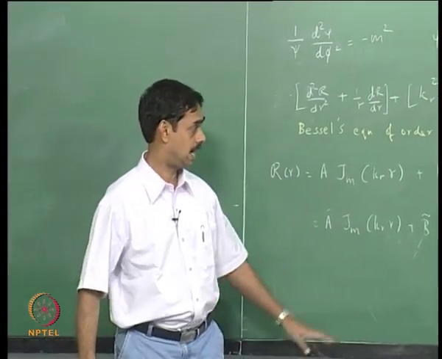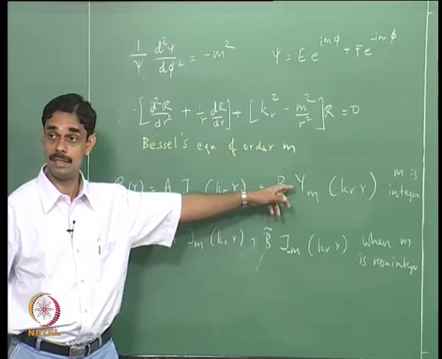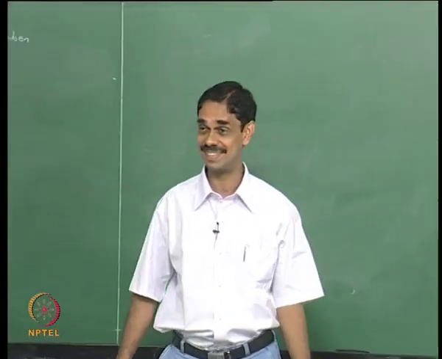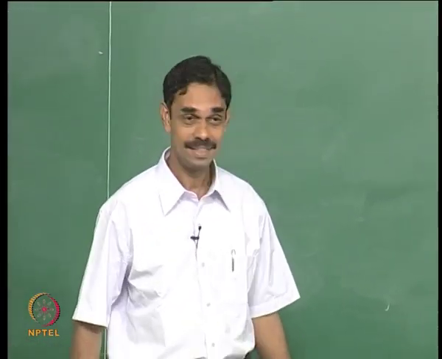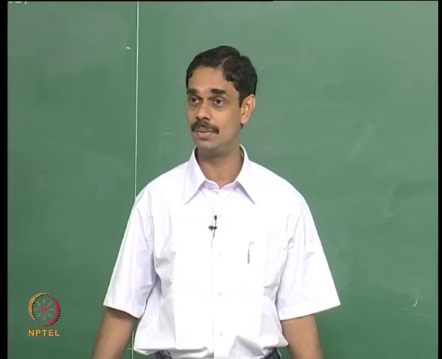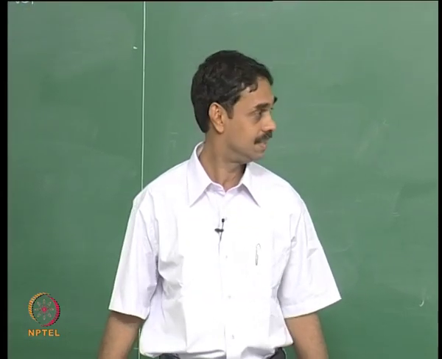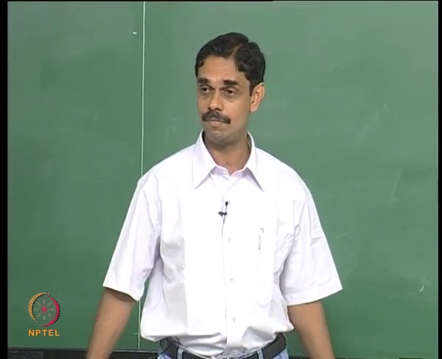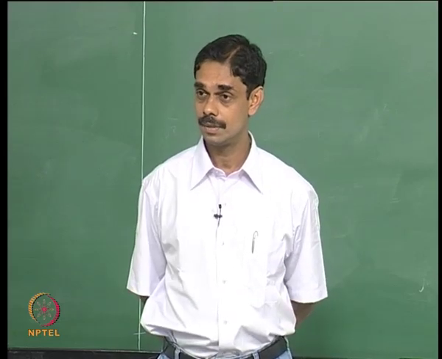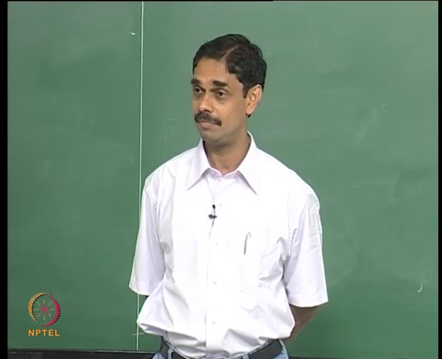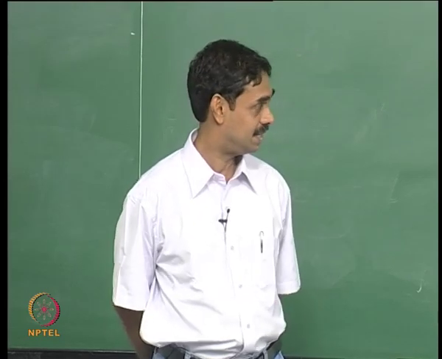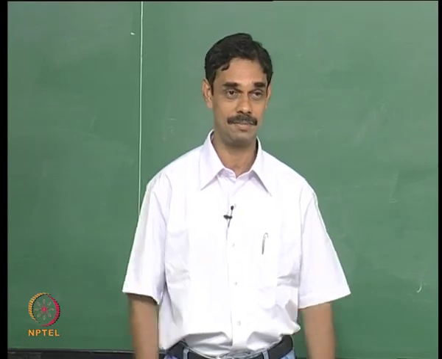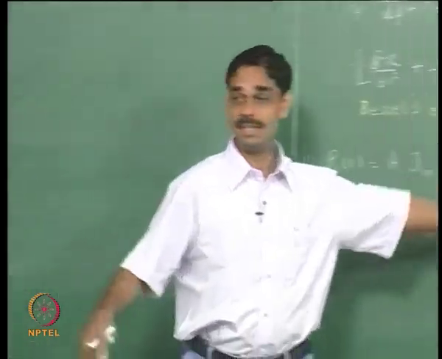So at r equal to 0, the value of Y is minus infinity. So he has probably done the homework. No, I think he is an expert in Bessel functions. I learned from him earlier. So for those of you who are not experts, you should do the homework and figure out how the Y and J behave. All Y's go to minus infinity when r equal to 0. So if your domain includes r equal to 0, you can peacefully drop B, it will be 0. If your domain does not include r equal to 0, that is if you are talking about an annulus, like an annular combustion chamber, which you are probably studying, then we have to keep B.